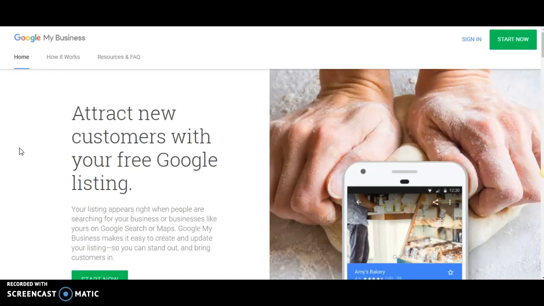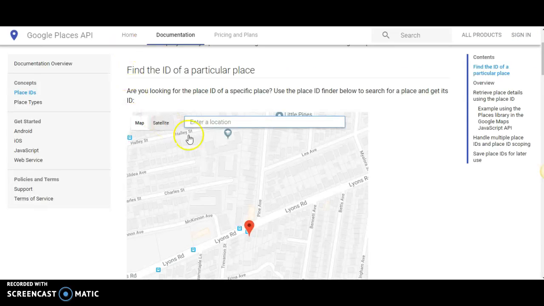Okay, so you don't have to list your business address in Google, but they need to know that you're a person and you're not trying to game the system. So you need to just jump through that hoop first and wait for that PIN, and once you have that, you can activate your account. Okay, so once you have done that, alright. Once you've done that, okay, and Google puts your business on the map with a PIN,